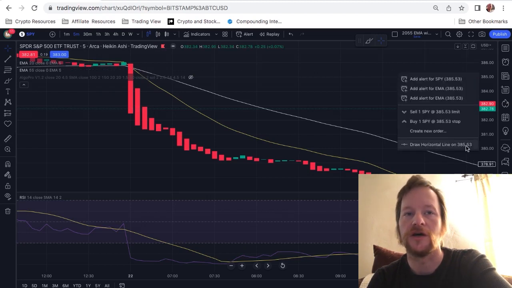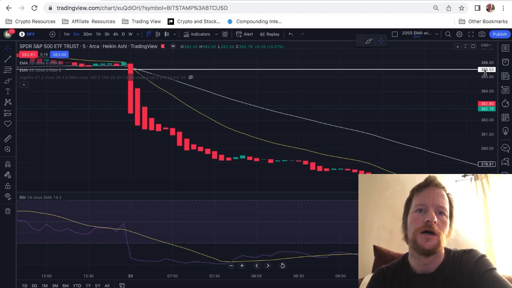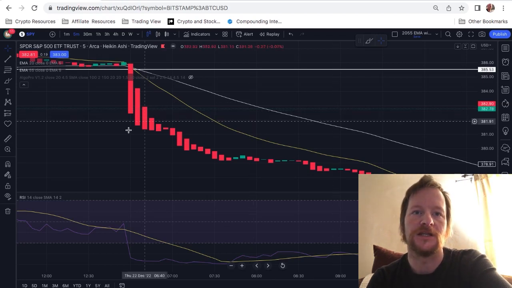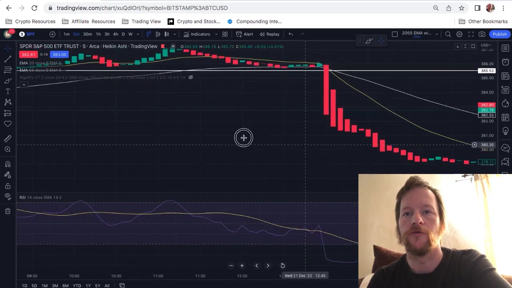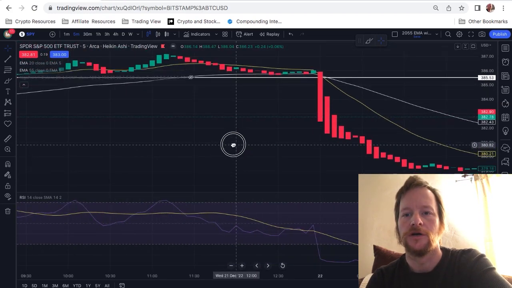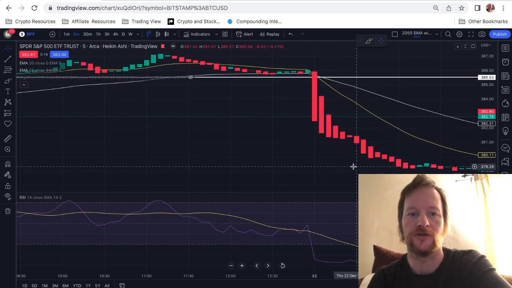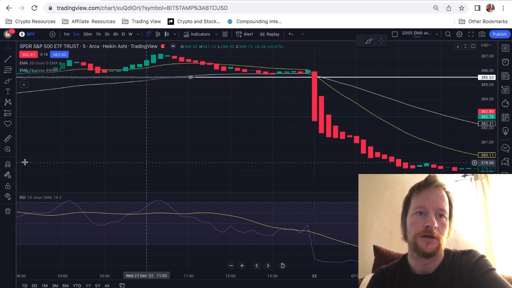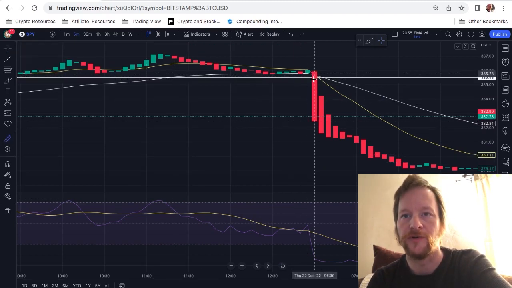So I'm going to do a horizontal line. So at this point I would get a 385 put. And in this scenario, what we want to look for is the purple line being on the bottom. So if we're doing this without the paid indicator, we just look for it to go, we would get in right around here,